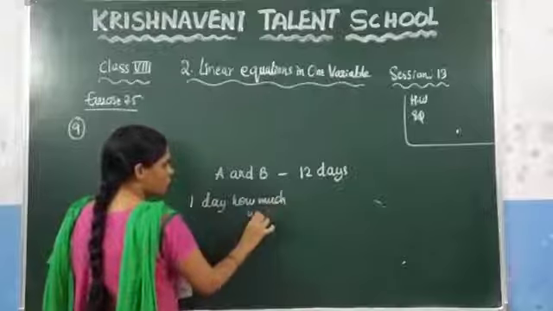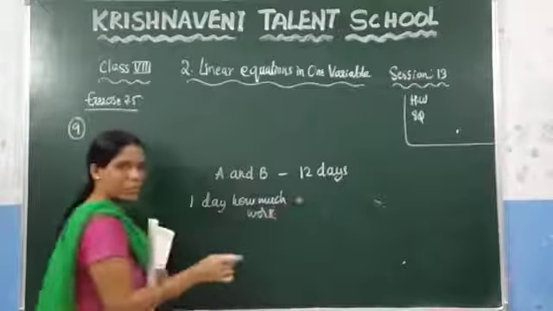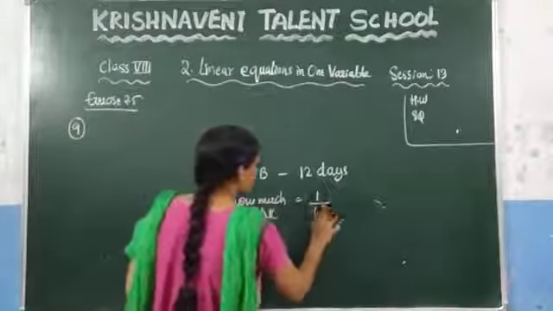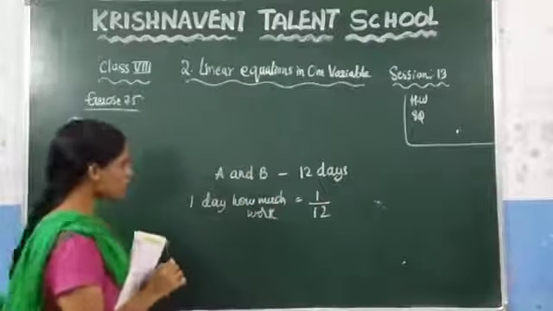What we need to do? Just take the reciprocal of this value. In 1 day, they will complete 1/12 of the work. Right? And after that, similarly, they have given